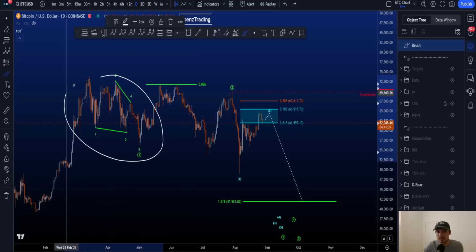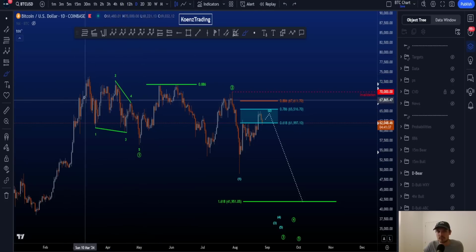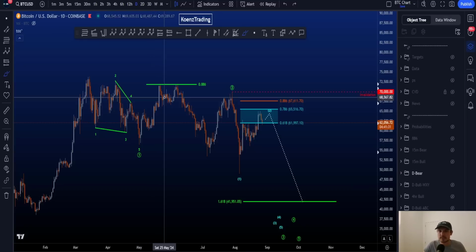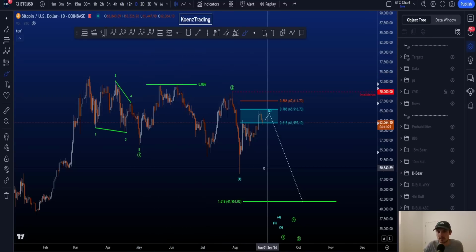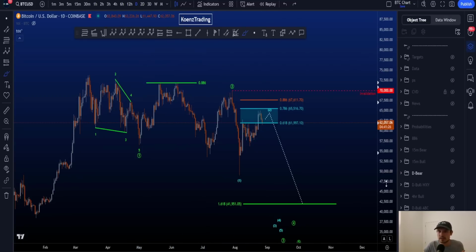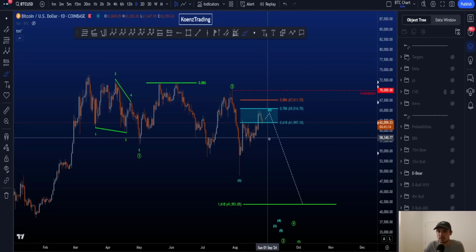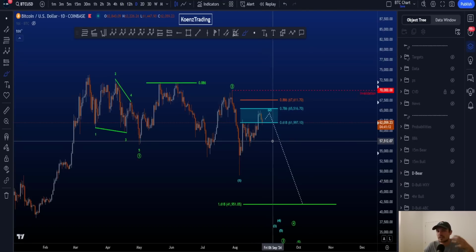Yes, after a leading diagonal, which is what you see in 1 here, 1, 2, 3, 4, 5, you do expect a deep retracement, most commonly the golden pocket or the 786, but the 886 is always rare for 2, and therefore it lowers the probabilities for the scenario that you see on my chart here. Now, the invalidation is 70k, and as mentioned with the bullish scenario, that is a key level. You want to take out that high. It also changes the market structure, but it also just invalidates this scenario,